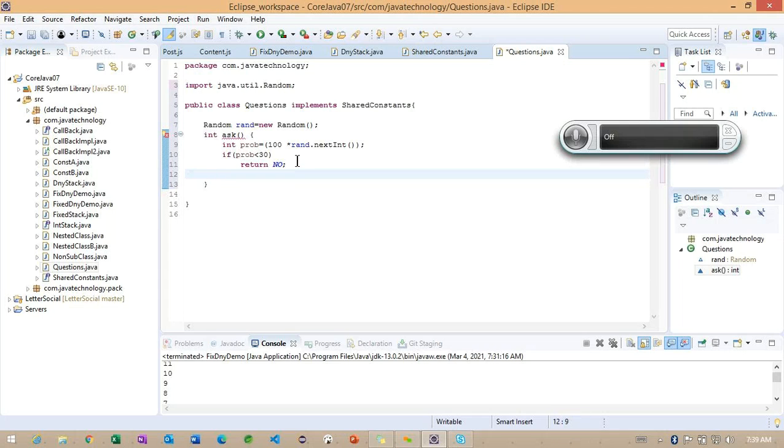Right. So one more here, we can check with else if here: this particular prob less than 60. Less than 60, I want to return something called S. And if you are having 75, just for understanding purpose, I'm using something called later.